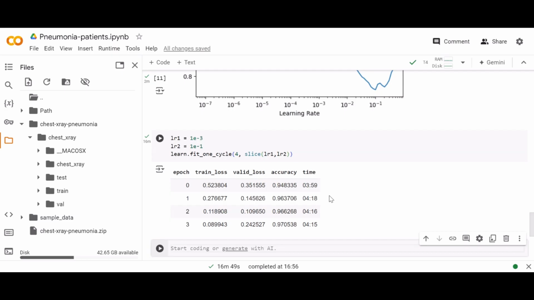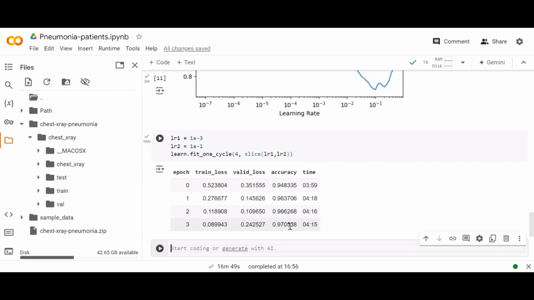Anyway, so let's check our results. For each epoch, you can see the training and validation loss is going way down, and our accuracy is increasing. I'm pretty sure if I did it for 3 or 4 epochs, I would have achieved a better accuracy than this. Anyway, this is what we got: 97% accuracy on our images based on the ResNet 50